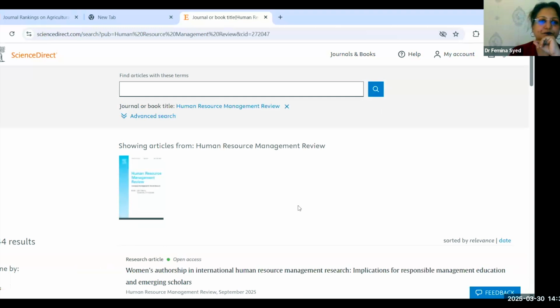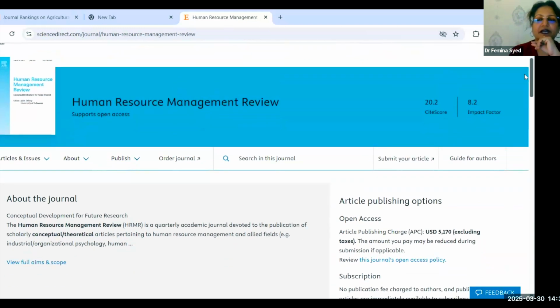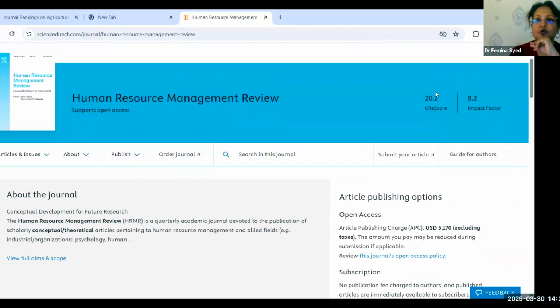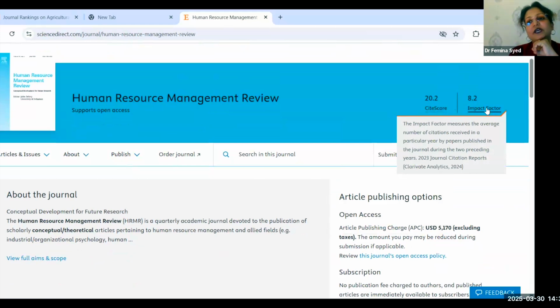Search. Click here. So here, right hand side, you can see the CiteScore and impact factor. If you click on this, you will understand what CiteScore is all about. Here, if you click on that, you will understand what impact factor is all about.